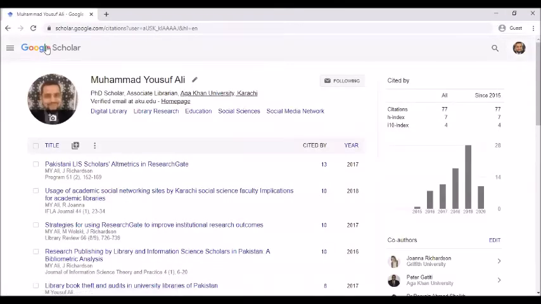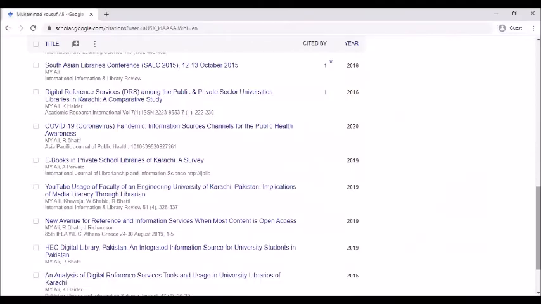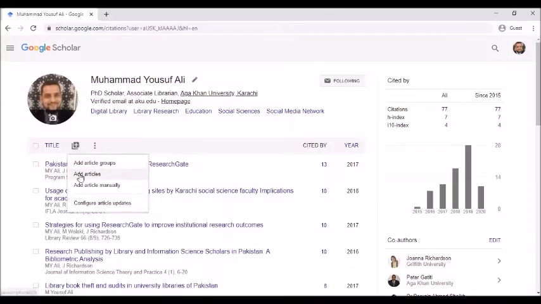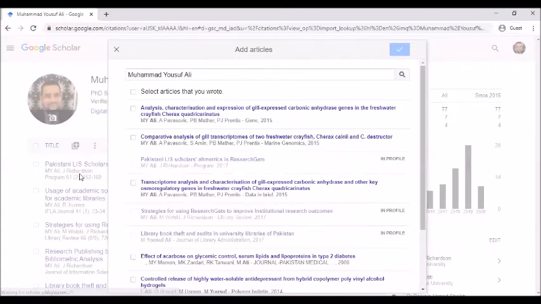In this profile, you can see the different publications, their citation counts and the year of publication. If you want to add any article to this profile, you just have to click the add button and there are 3 options: add article group, add article and add article manually.